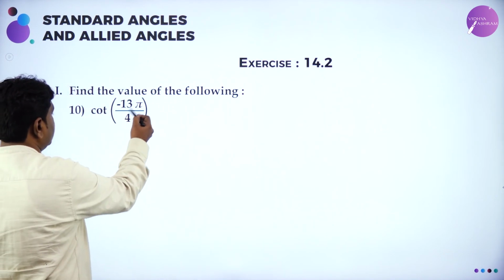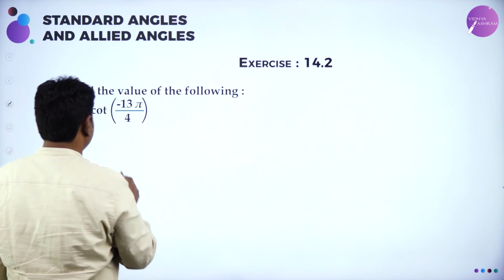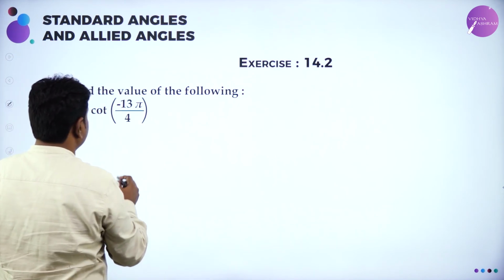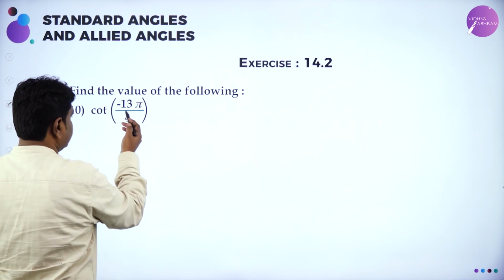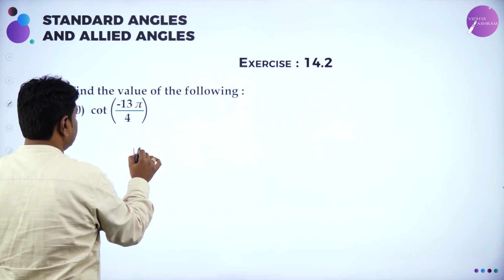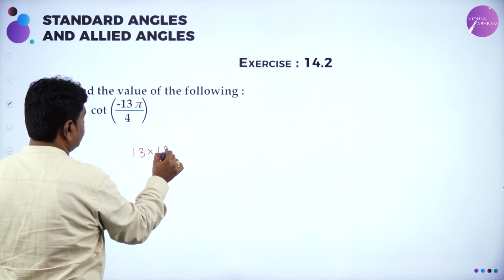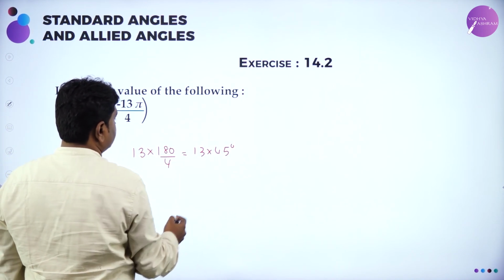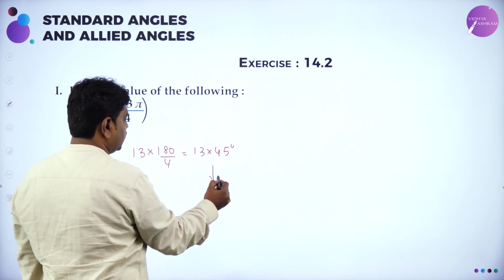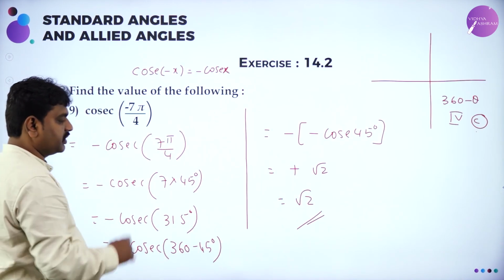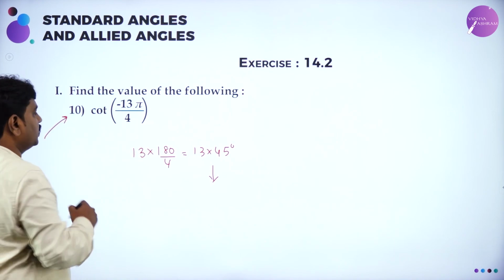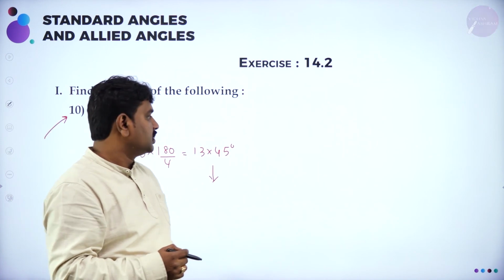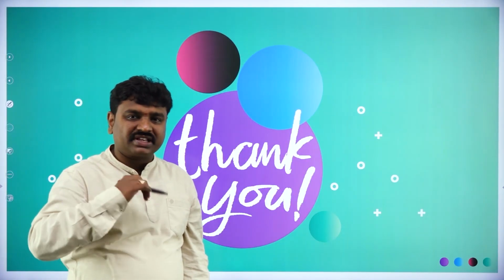Next we have cot of minus 13 pi by 4. Same method, you apply and you solve. So simplify this. We can write the angle value 13 pi by 4 as 13 into 180 by 4, 13 into 45. Simplify this like the last case and arrive at the result. First 9 problems I have done. I am leaving this problem 10 for you. Please sit and complete that. Then we'll verify the answer. So thanks for attending. I'll see you in my next session. Thank you.